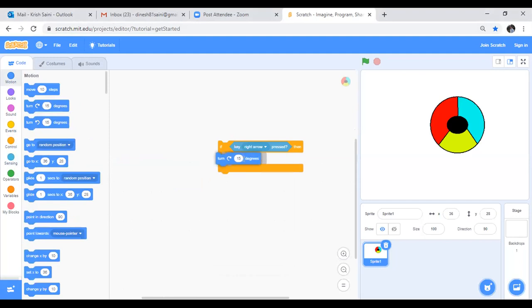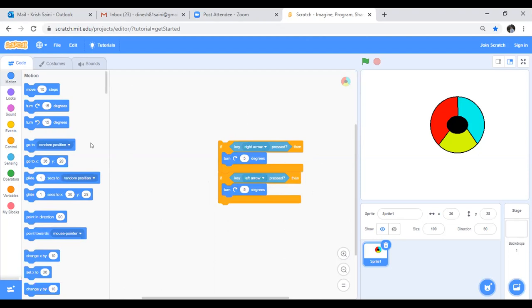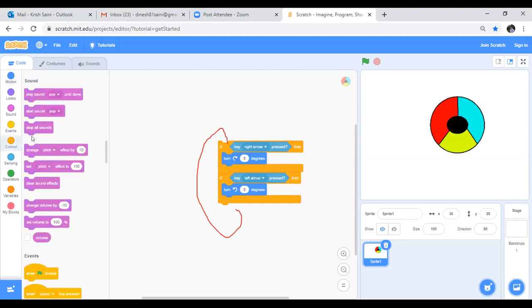Turn 5 degrees, then just duplicate those blocks and put them under it. So we'll have: if the left arrow is pressed, then turn 5 degrees in the opposite direction. And put this in forever. Forever is in control.